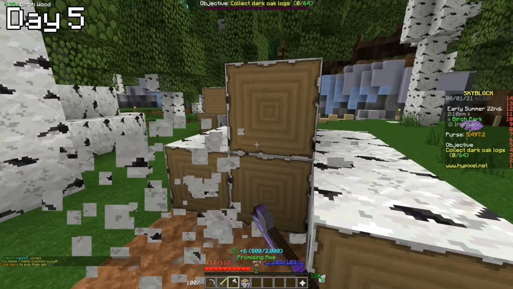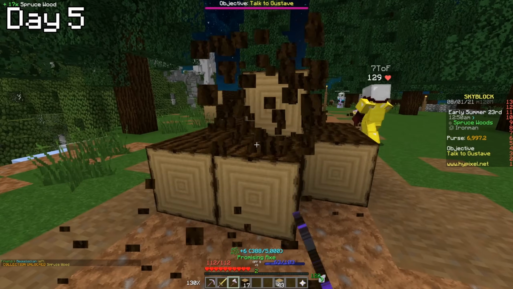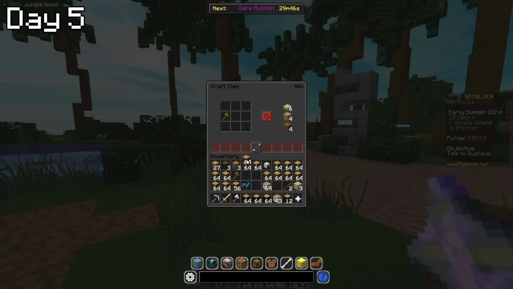Now this was actually pretty good, and also getting foraging XP is pretty nice because you get some more strength. And well, once we were done with the birch wood, we headed down to spruce and then also down to the jungle. Now it turned out that jungle is definitely one of my favorites, so we're definitely going to come back